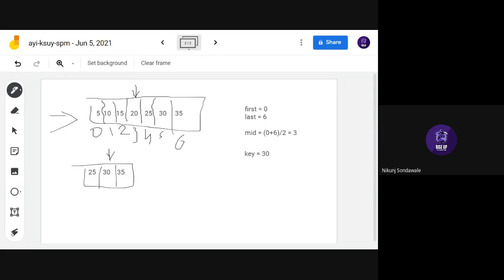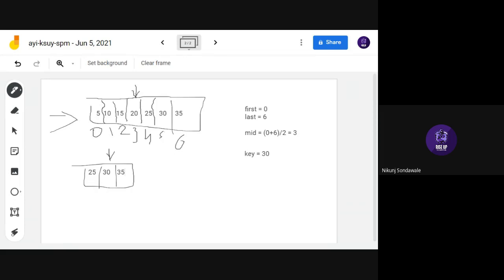And now we have to find the mid element. What is the formula for mid? Mid equals first plus last divided by 2. Here we want a quotient only. Here we have found the first, last and mid term.